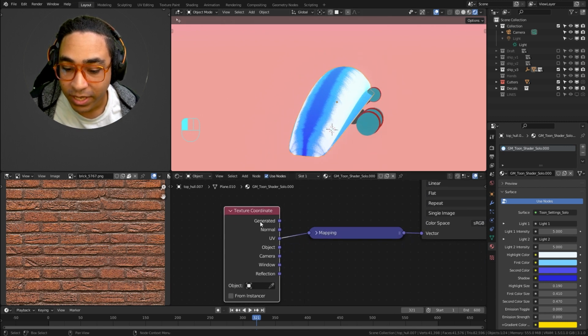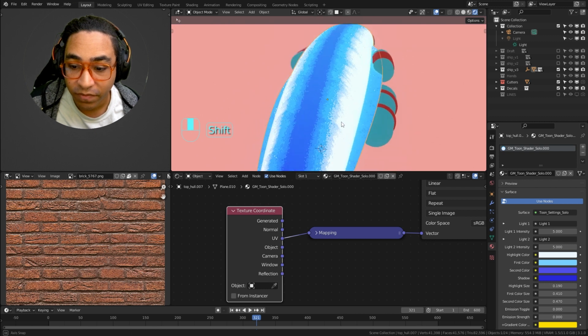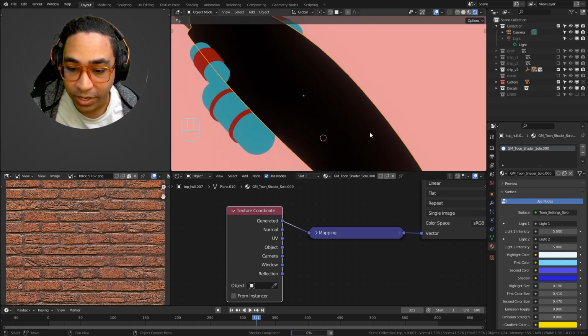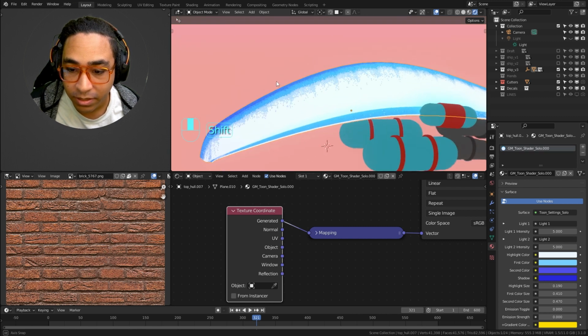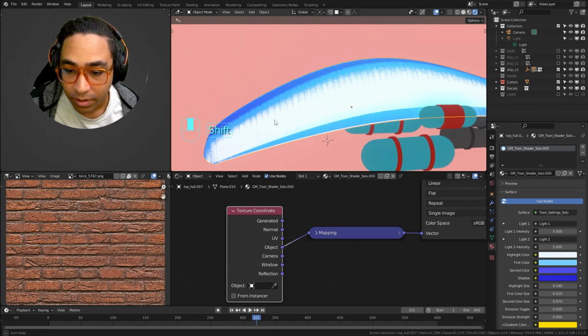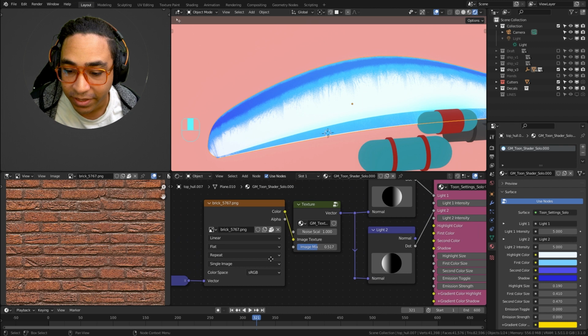And then one last thing that affects the texture is the texture coordinate. If you don't have UV maps, it may look a little funky. Right now it looks a little funky right here, looking at it from the top. But you know, we could try different ones. Like if we put generated, see what that looks like. A little smoother, kind of the same. We'll put object. A little bit more compact, but just know that you can change the texture and change the coordinates and stuff like that. So let's take off the texture mix, and let's take off the noise,